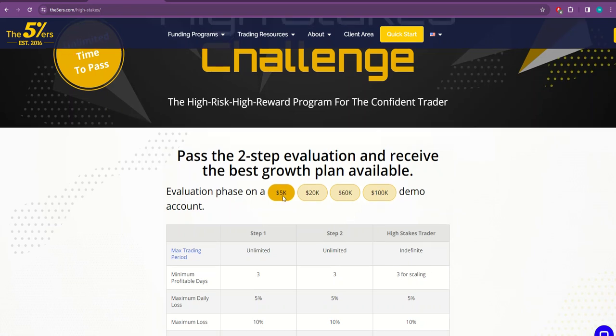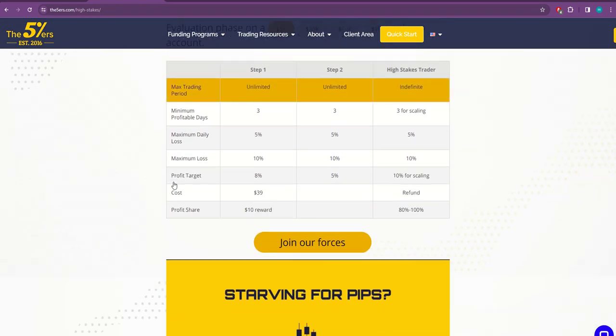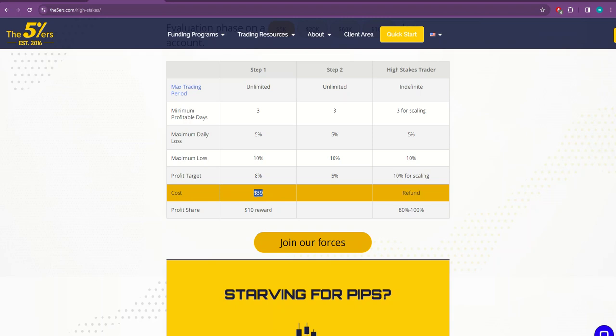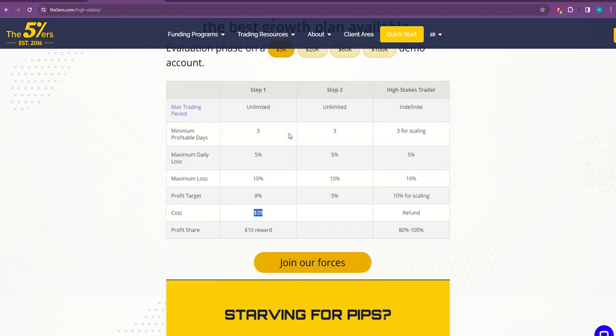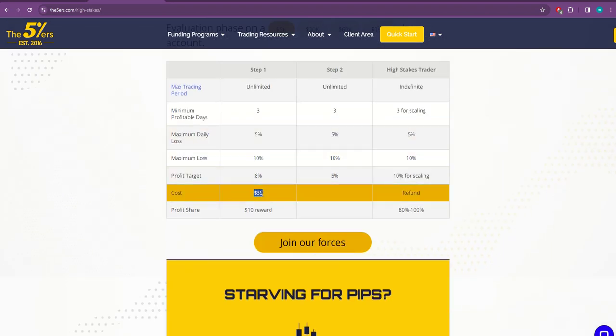So let me show you why I actually prefer or recommend this. You see, you get a $5,000 account for only $39. So imagine you say, now I have everything working. I'm focusing on one setup, I have my entry criteria that I've tested over time. I've spent thousands of hours back testing, and now I know how my entry should look, I know how everything should look. Now I want to forward test.